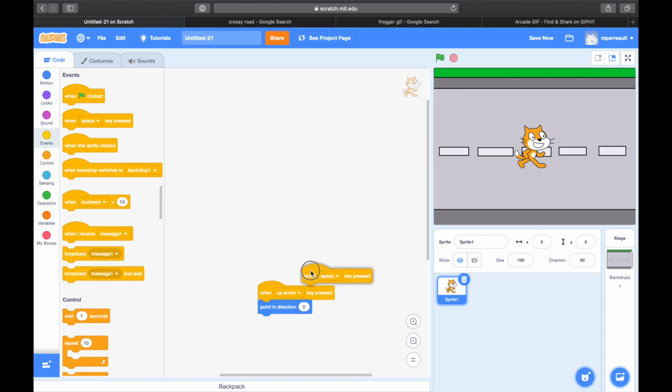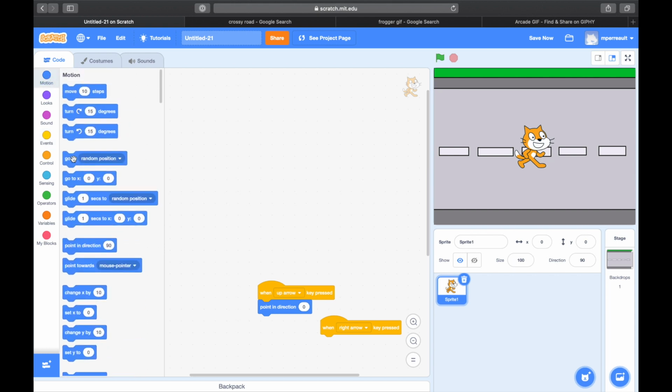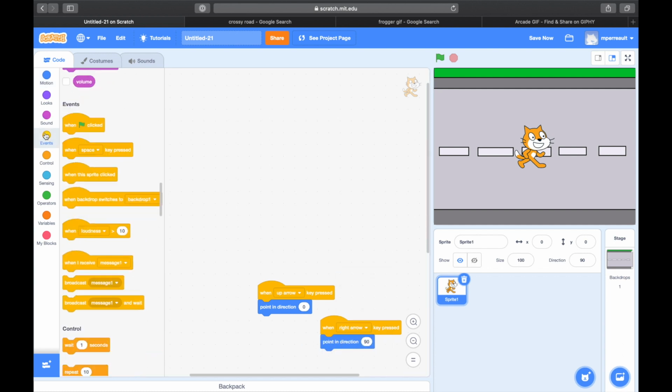events. I'm going to say when space key is pressed. I'm going to do the right arrow, and I'm going to say motion, point in direction, and it's 90 for the right arrow, but you can always check by clicking here and double checking. Back to events,